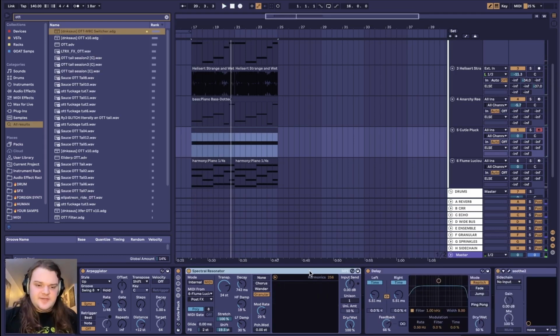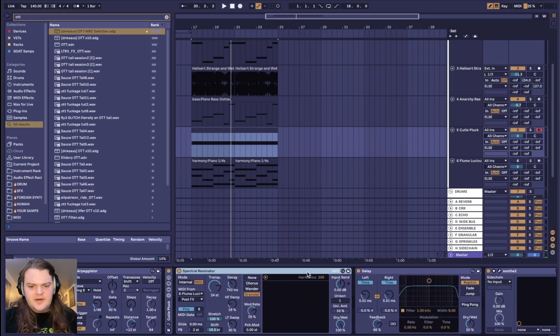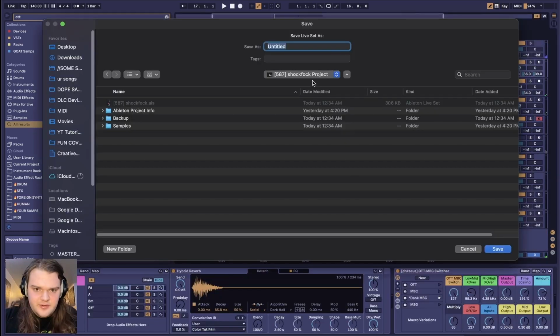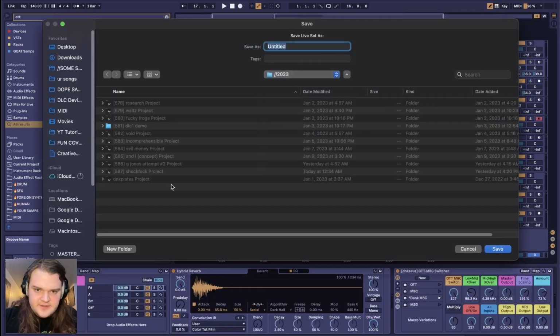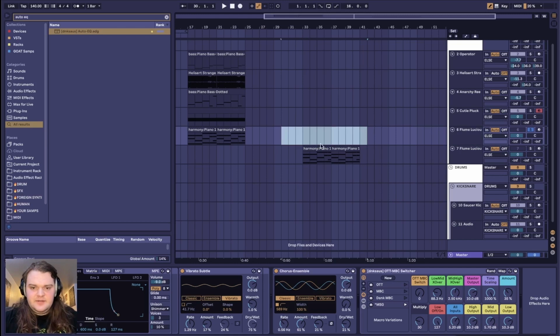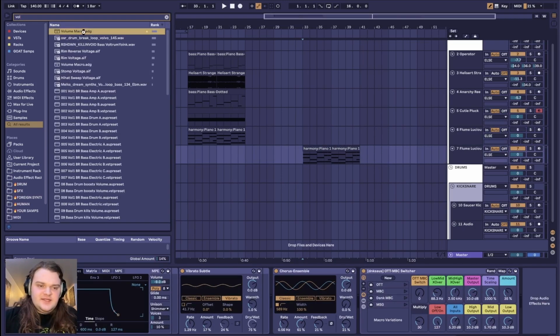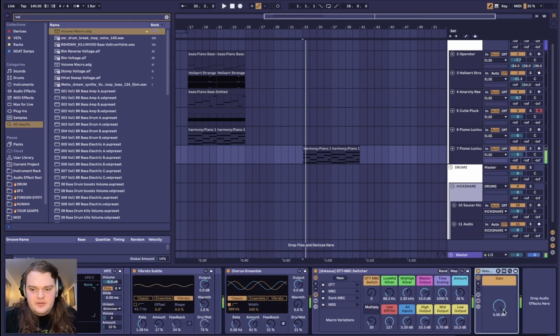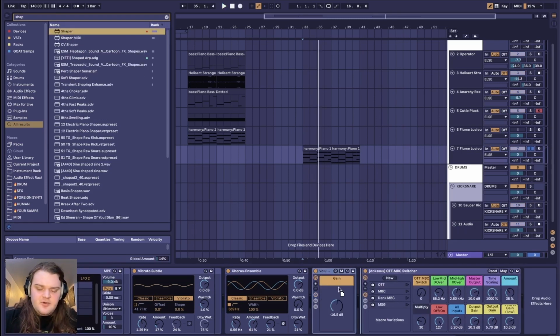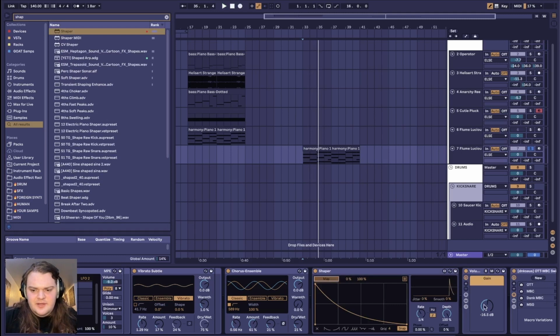So I couldn't tell you exactly what spectral resonator is doing compared to the regular resonator. I'm gonna go ahead and save because that'd suck if this crashed. I think an easily overlooked future sound design method, or I guess it's not that overlooked, but future bass is basically just volume automation. You can get a Shaper or LFO or something, and then you automatically have